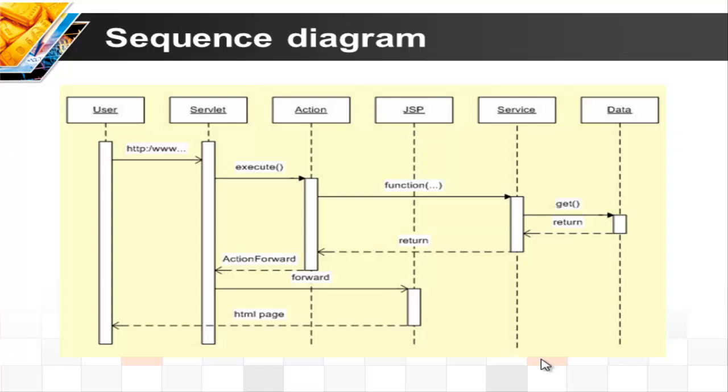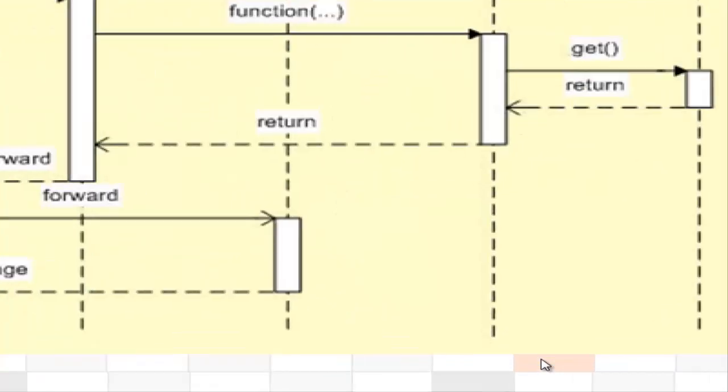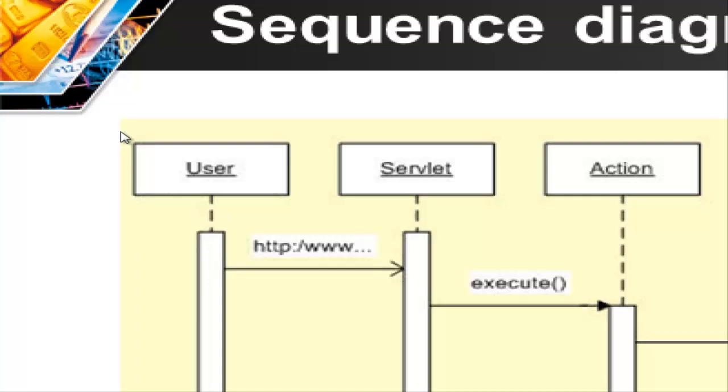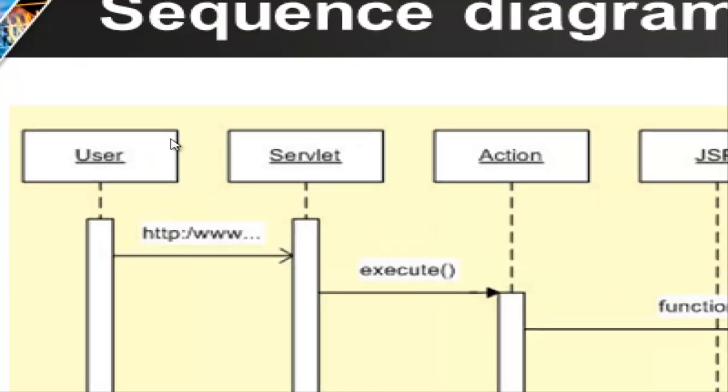The sequence diagram, how Struts works. We are all familiar that Struts begins when the user makes a request for a particular page that usually contains an extension .do. So there will be an extension something .do. When this request is intercepted by the server, it redirects the request to the action servlet, and this action servlet